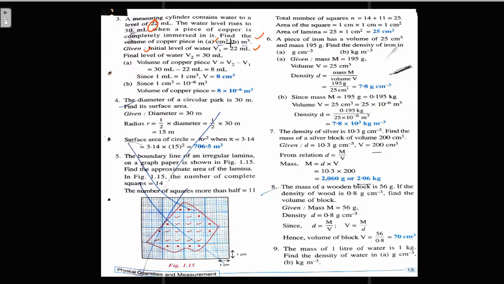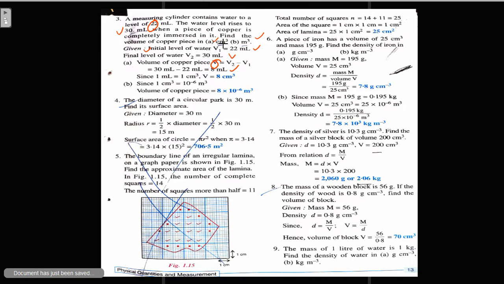When we drop the copper piece, its volume rises to 30 milliliter. It has also been given. So we will find out the volume of copper, V2 minus V1. It will come out to be 8 milliliter, right? But he requires the answer